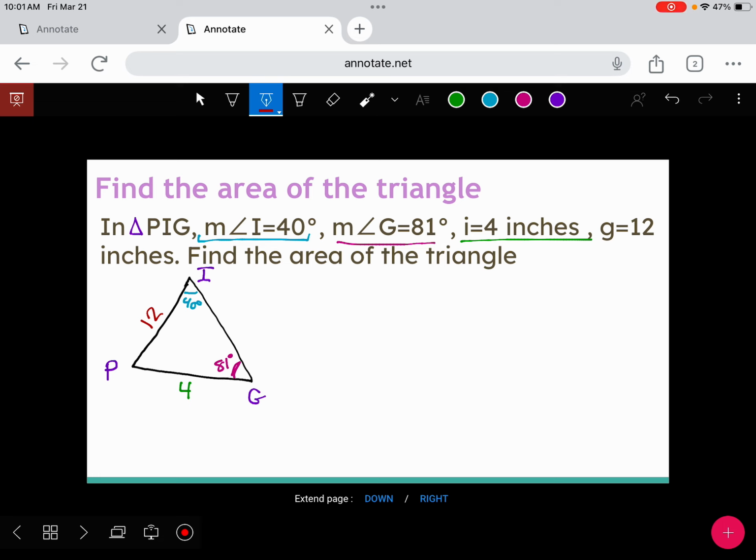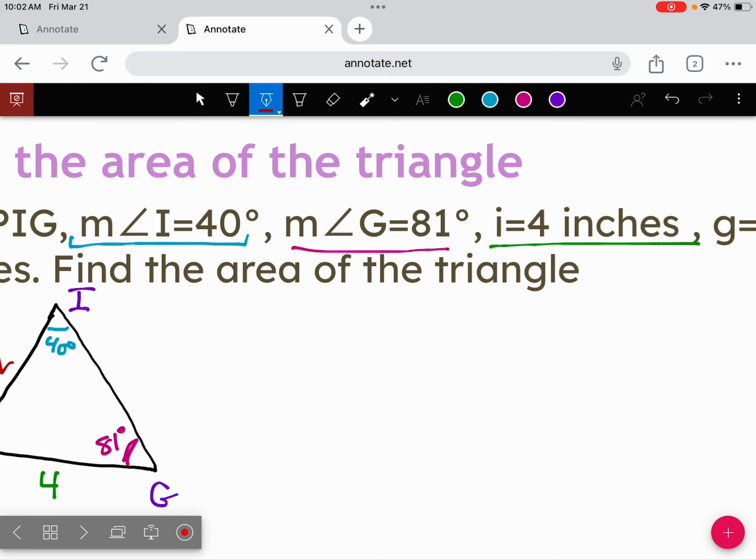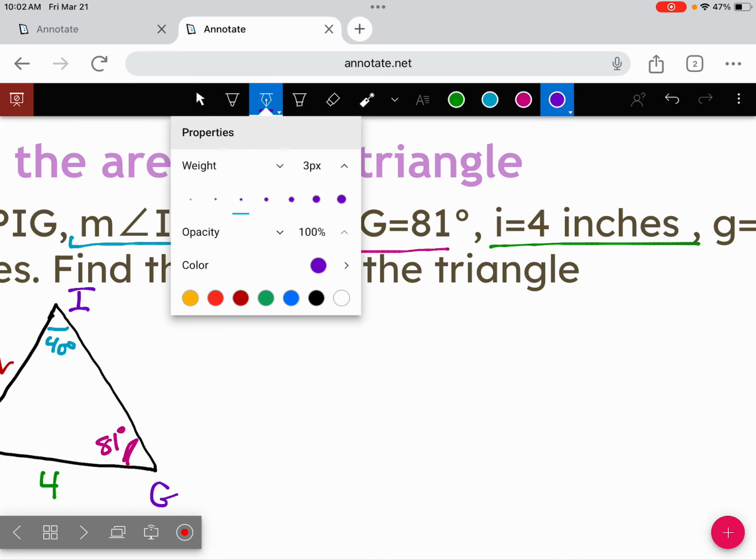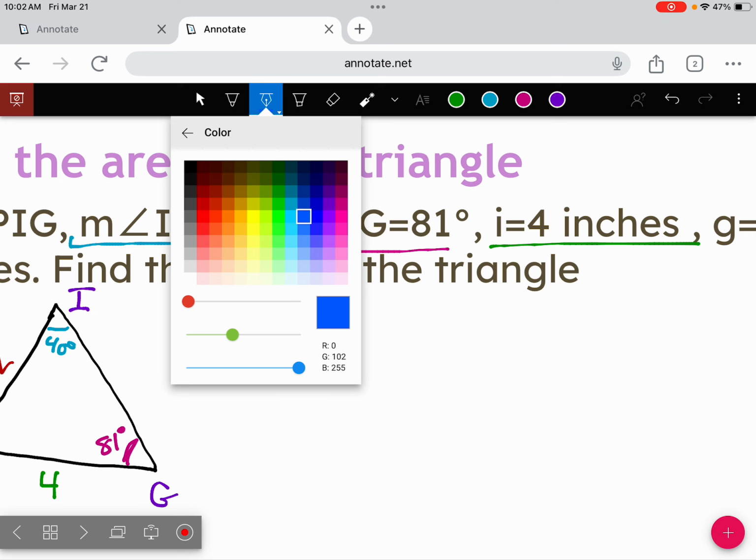We are trying to find our area. What do we need to do? Yeah, let's figure out what's happening at angle P, because in order for us to use that area formula, we need to have side, angle, side. And I have pretty much all of the other information. So to figure out what the measurement at angle P is,